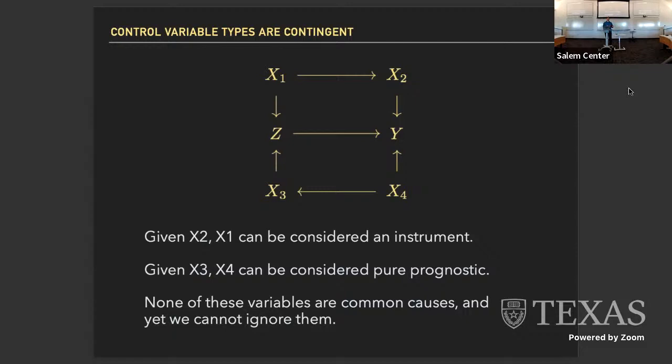These variables don't have absolute designations as one type or the other. It's all relative to whatever the other conditioning set is that you are already using, which makes the problem of variable selection in this context quite difficult, because, and we know this from linear regression, when you take something out, it changes the estimates of everything else. But you can see that moving to nonlinear machine learning type models does not solve this. This is an inherent problem with joint distributions and what happens with conditional independencies as you take things out and